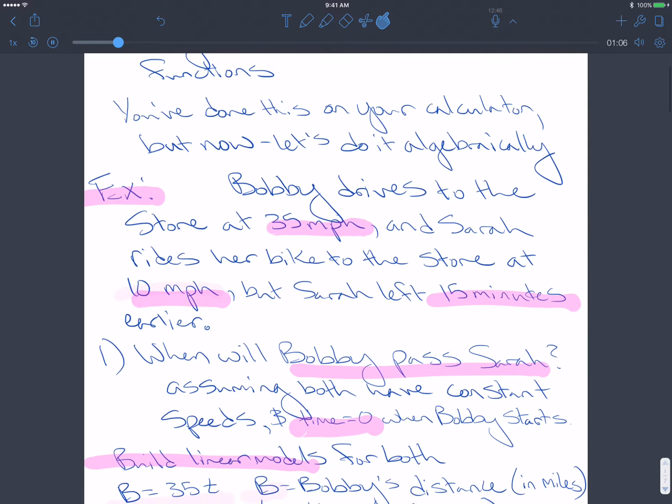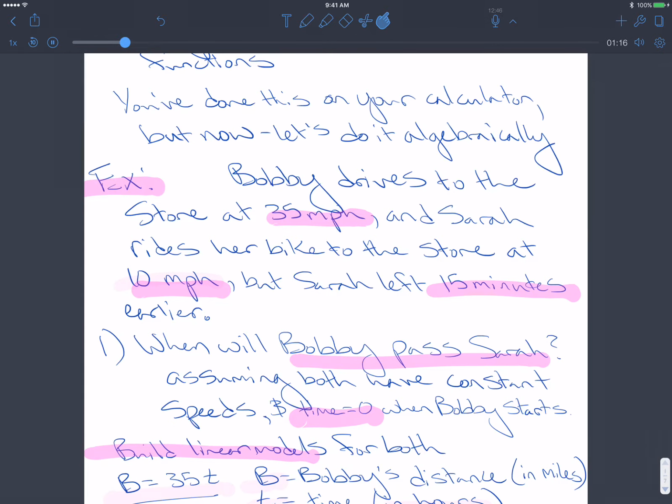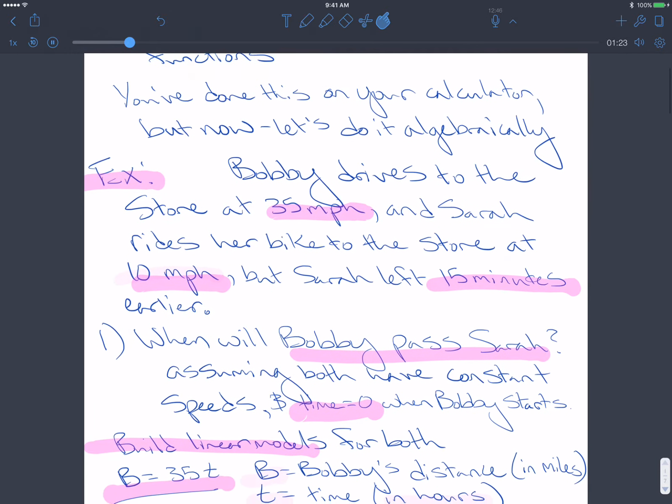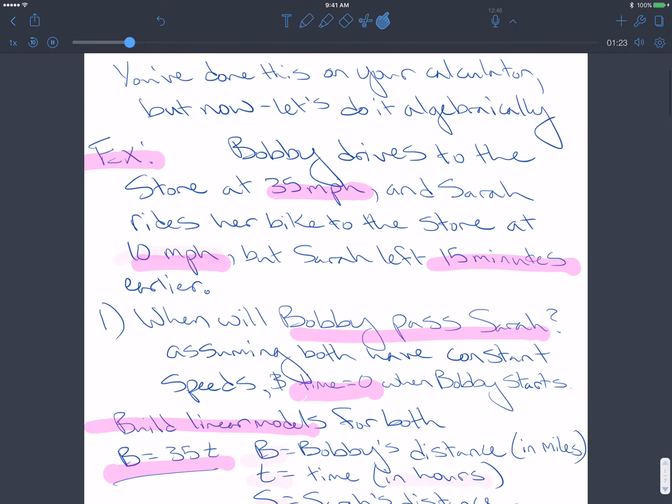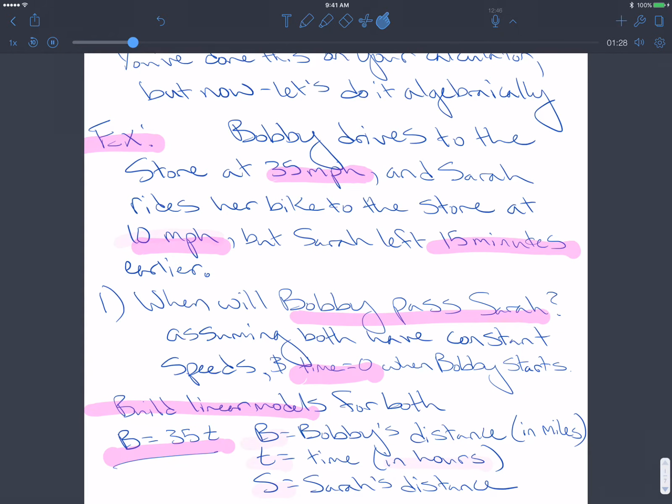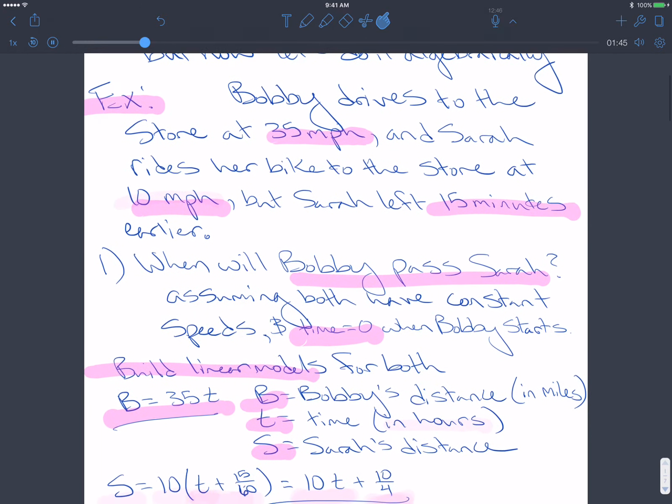So Bobby is starting at t equals 0, and his speed was 35 miles per hour. So Bobby, which I'll mark by a B, is going to be equal to 35 times t for his distance, right? Using the models that we were talking about previously, but now in terms of figuring out when they cross, we have to compare those two models to each other. So I'm saying B is Bobby's distance, t is the time in hours, and S is going to be Sarah's distance. So Sarah left 15 minutes earlier,